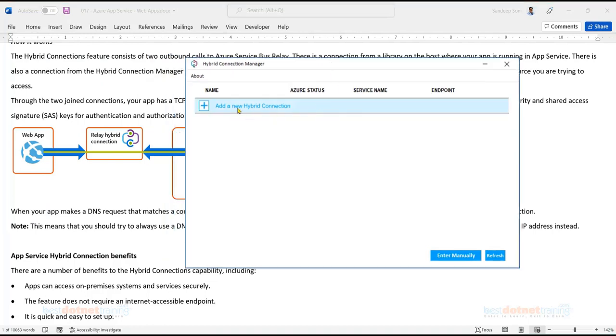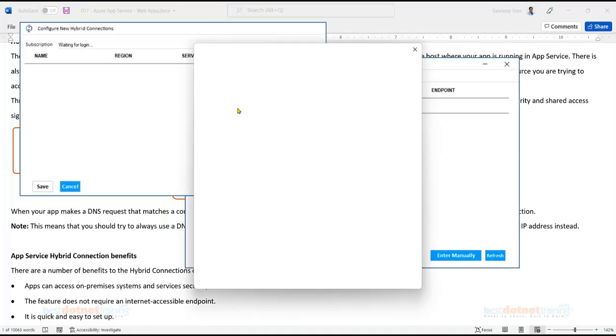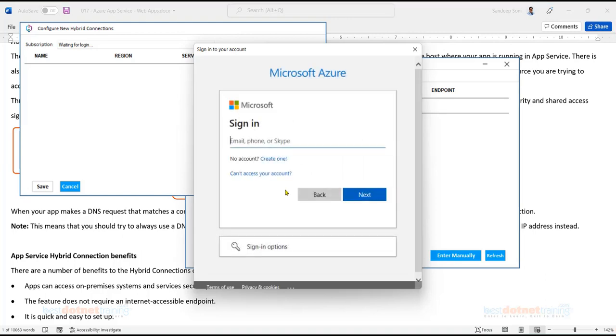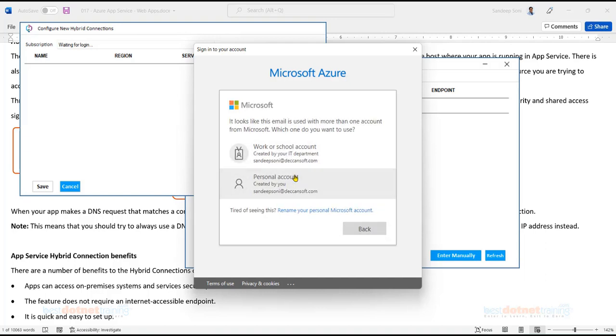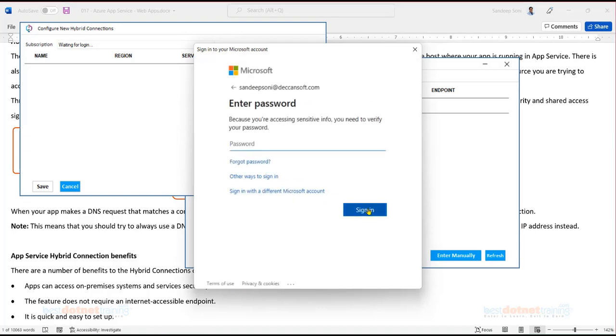I have to create a new hybrid connection now. You have to connect to your Azure where you have the app service hosted. Specify the username and password.